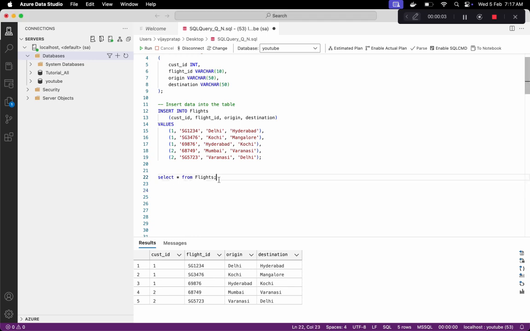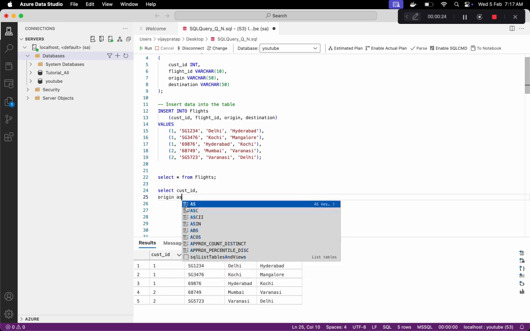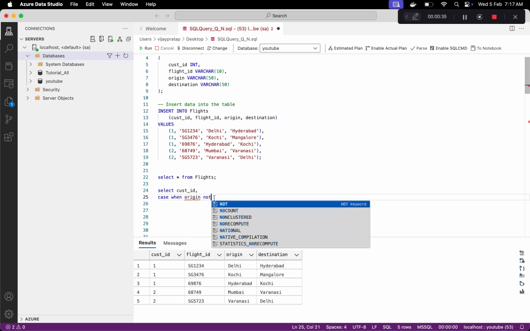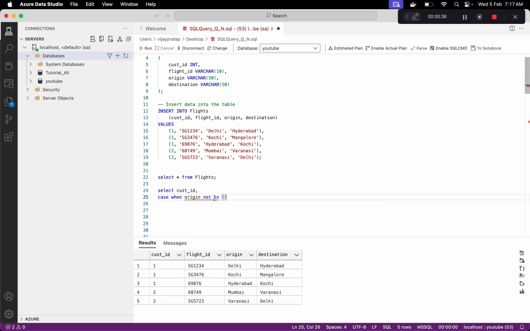So we have the flights dataset here, and in this flights dataset, let's remove the duplicate from origin and destination. So we can do this using select customer ID, origin, and use a case statement: case when origin not in select b dot origin from